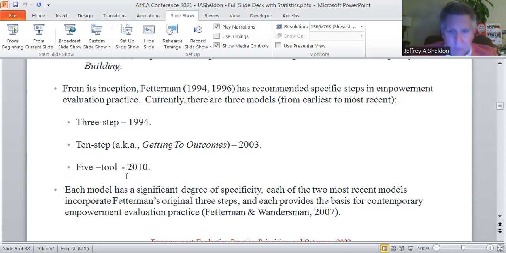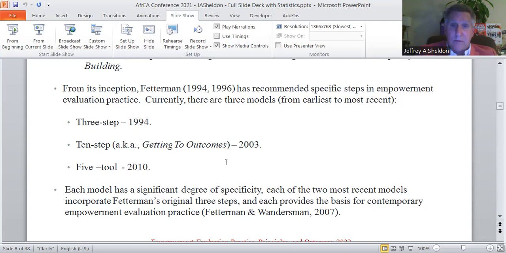Okay, so each one of these models is very specific, and each of them provides the basis for contemporary empowerment evaluation practice. So you can choose, depending on the situation that you're in. And this is not to say that empowerment evaluation is the only evaluation approach out there. We know that it's true that there are other approaches to conducting evaluations. But if the conditions are right for an empowerment evaluation, and if the desire is to